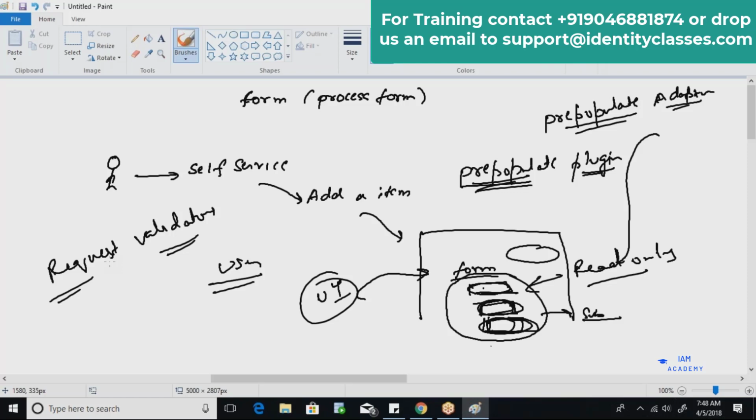If there is a requirement like this, we write our own request validators, which look into the request to check whether all the prerequisites before raising this request have been completed or not. Is it clear?